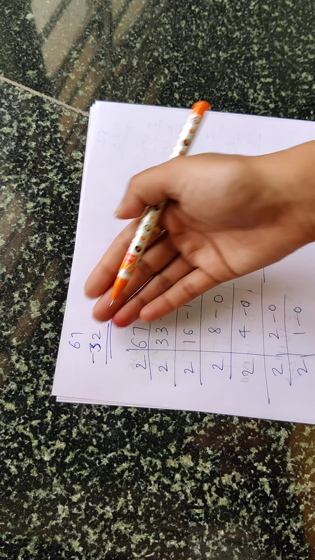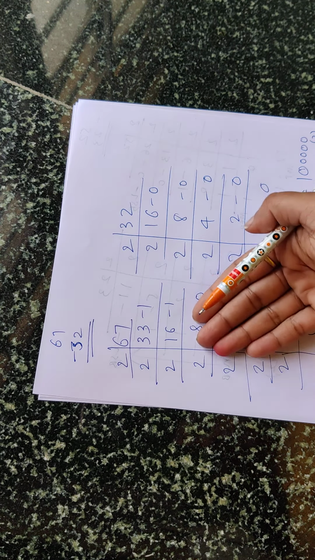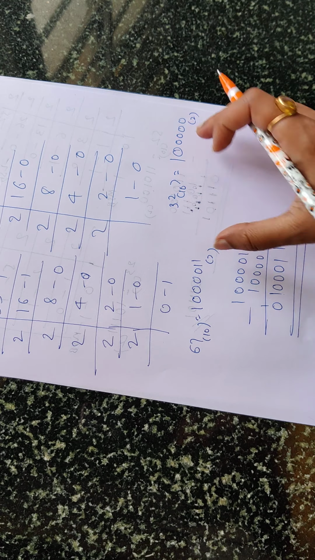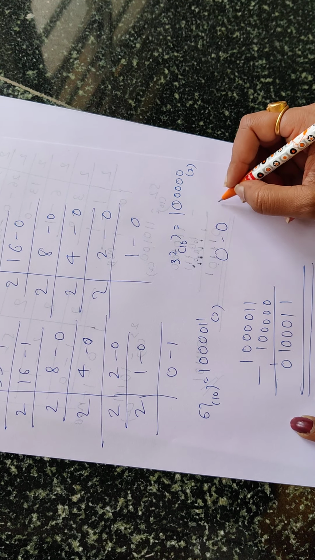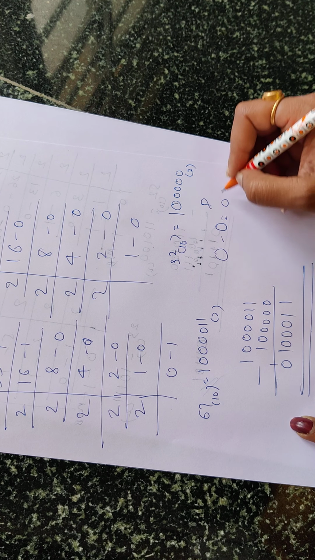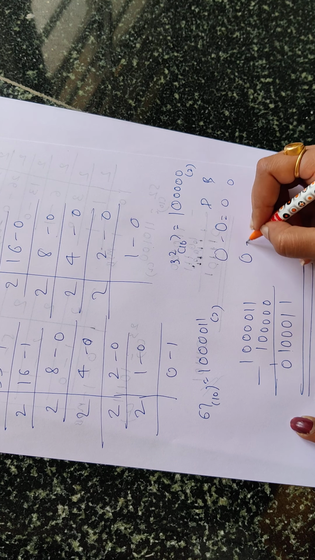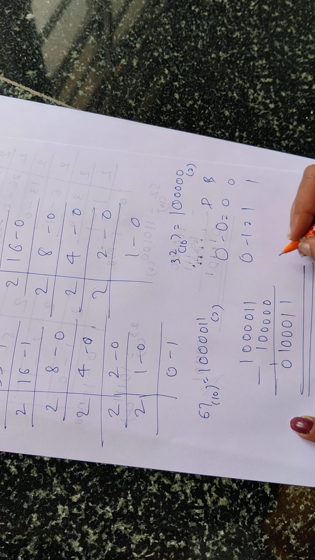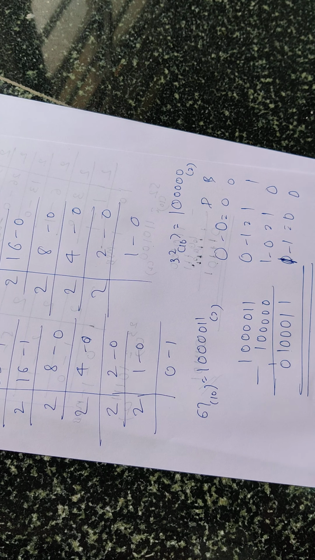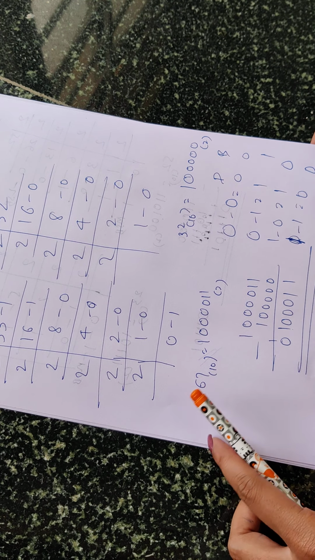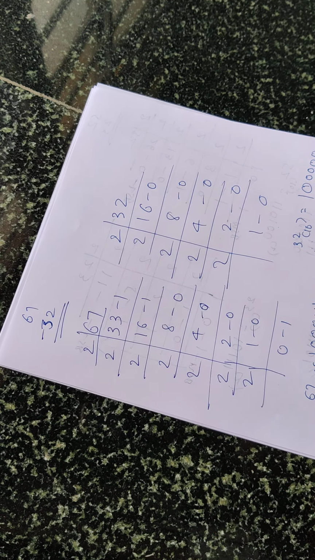So what you have to do, first take the given number, convert it into binary, get the equivalent binary value, and then subtract. You have to follow your table. 0 minus 0, difference is 0 and your borrow is 0. 0 minus 1, difference is 1, borrow is 1. 1 minus 0, your difference is 1, borrow is 0, and 1 minus 1, difference is 0 and borrow is also 0. Done. So this is how you have to do your binary subtraction. Done.